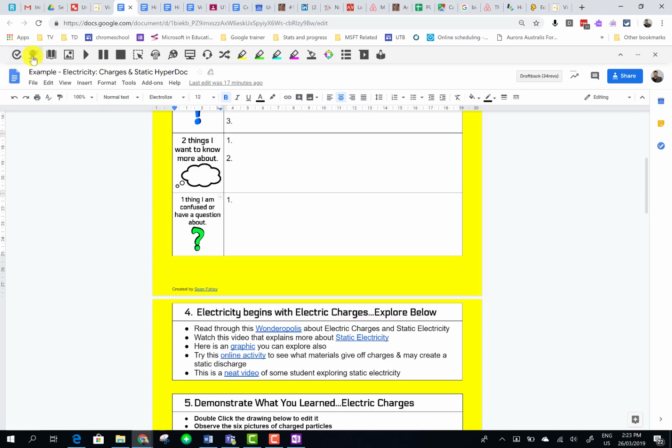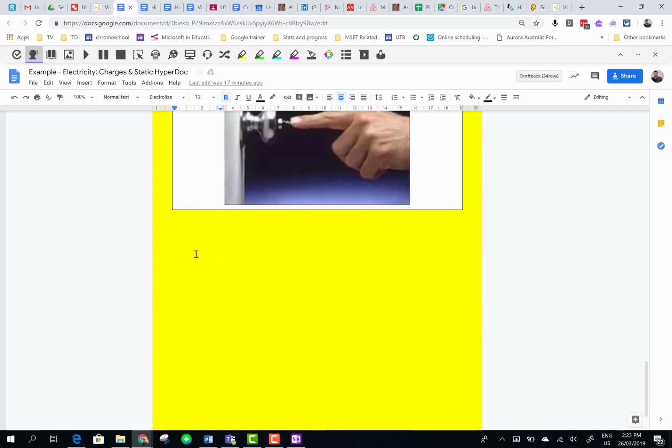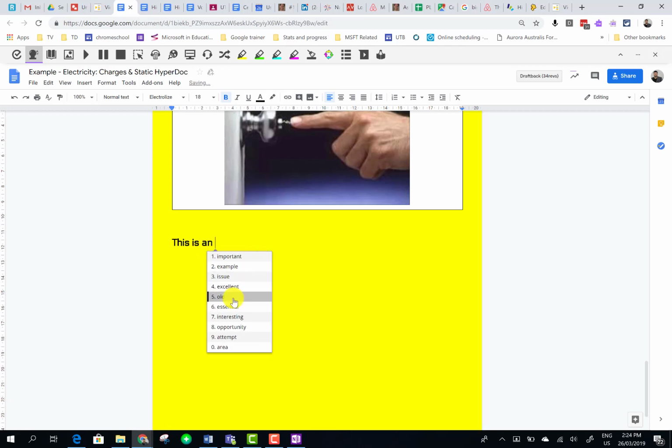The other thing we've got is Predictive Text. So this is an interesting tool. If I just create some space down here, if I start to type, you'll see that prediction comes up, and every time I hover over something, it will read it out to me. The more I use that particular word, the higher it will sit. So I might say this, so we're going to choose this, and then it will say "is a not an old example." So you can just keep choosing out of here,